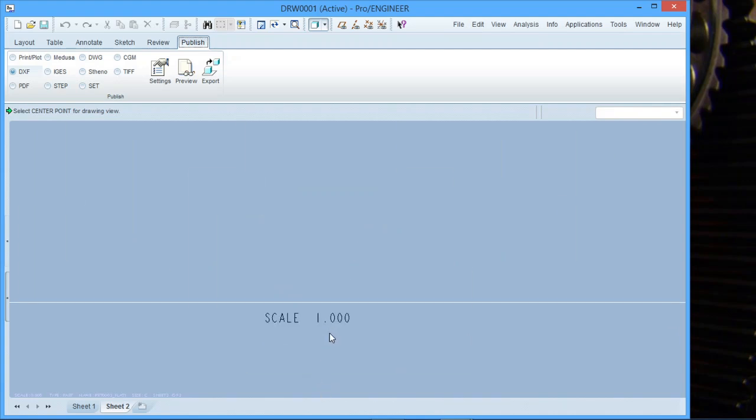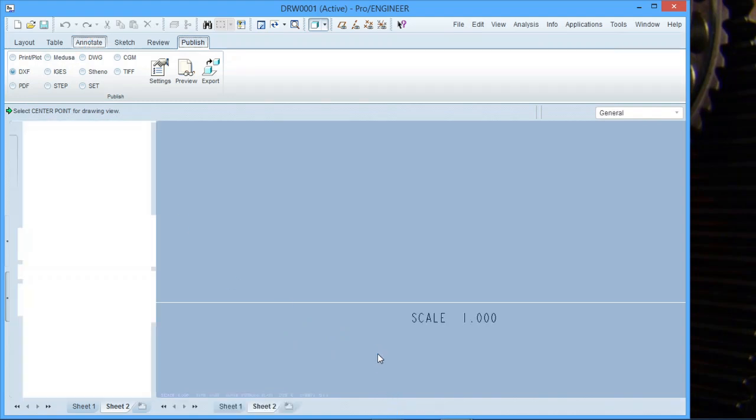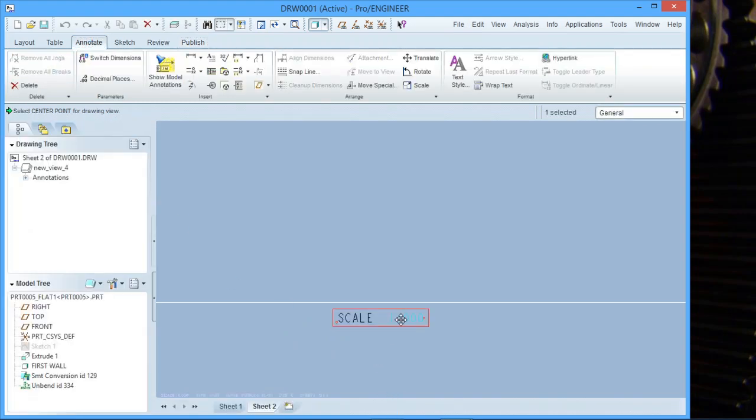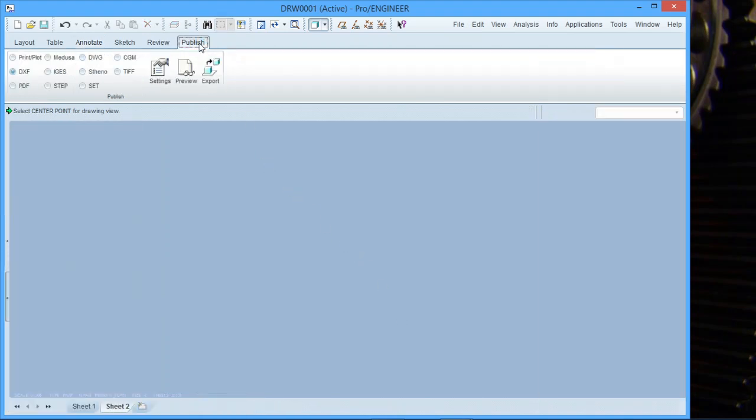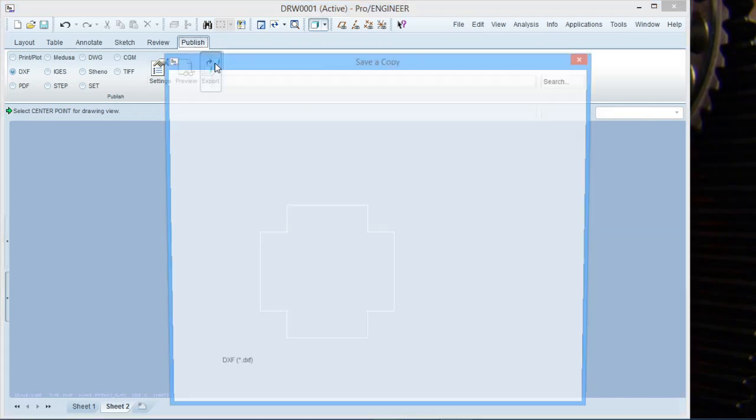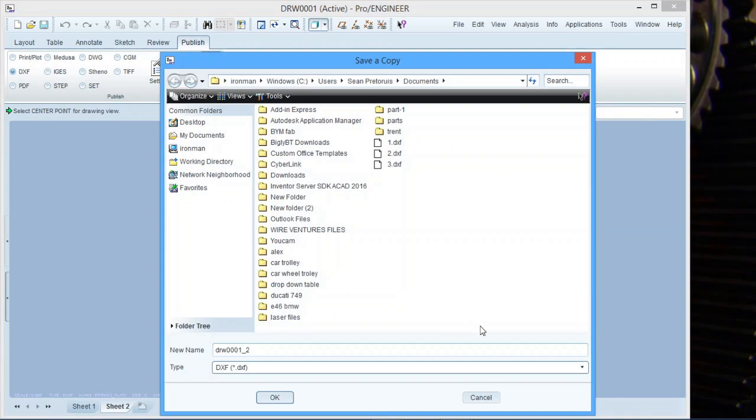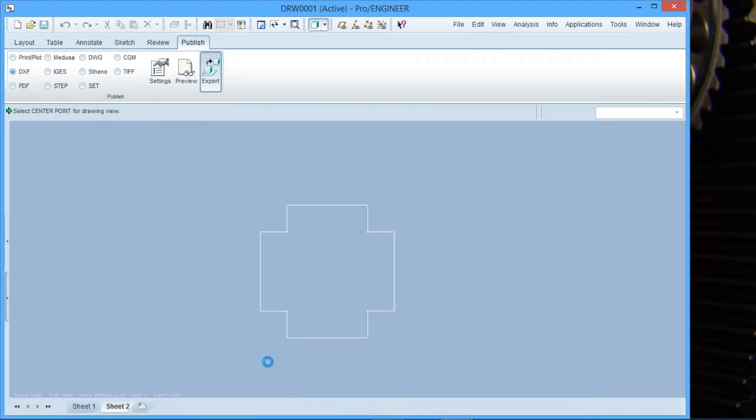If you want to remove this, all we have to do is go back to our Annotate. We select this, we push Delete, and we go back to our Publish. We hit Zoom Extents, zoom out. We select DXF here, not PDF but DXF, and we say Export. We're just going to use this as our folder, it's fine. Say OK,